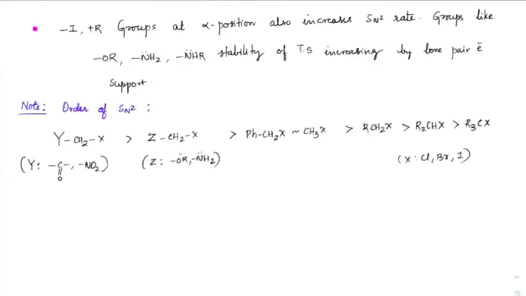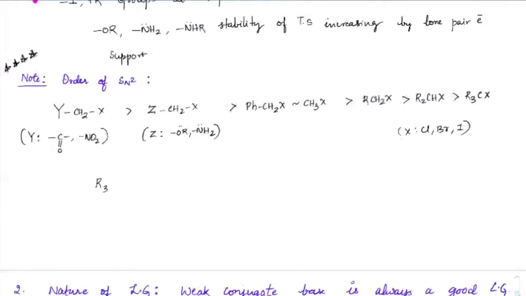Very important. I would request all of you to note this and make sure you revise this properly. This is an important order of SN2. In case you were asked, even after this, what will be the order? RC≡C-Cl is better than CH2=CHCl. At least here you would see some amount of reaction happening, but at a very, very slow rate. But bridgehead carbon usually does not have any SN2 at all, completely inert. So this would be the order down.